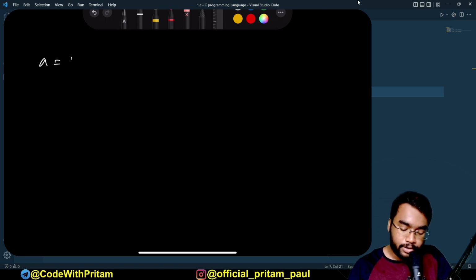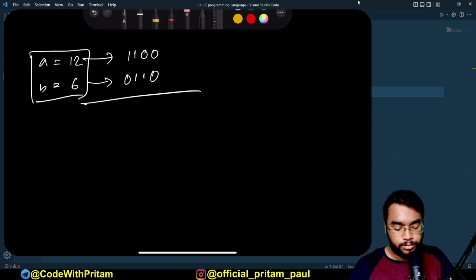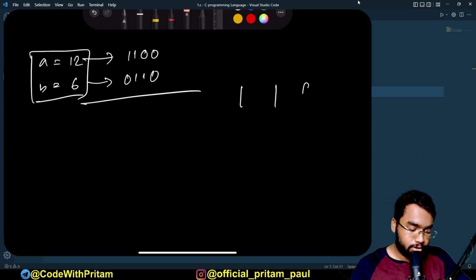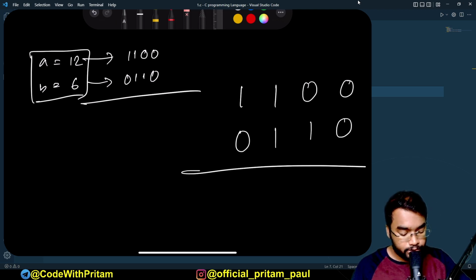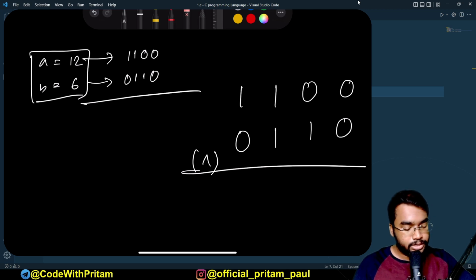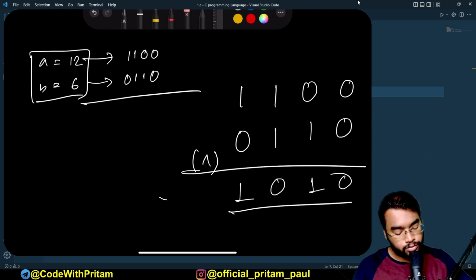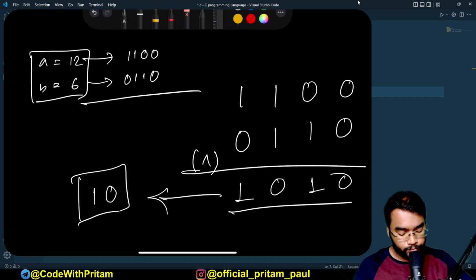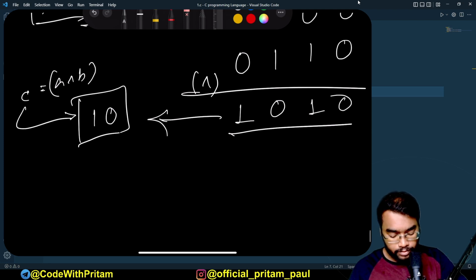Now let's take a equal to 12 and b equal to 6 for example। इसका आएगा कितना, 1 1 0 0, इसका क्या आएगा 0 1 1 0। तो बिटवाइज XOR करेंगे तो कैसे करेंगे, तो 1 1 0 0 और 0 1 1 0, उसका बिटवाइज XOR, सो दिस इज द ऑपरेशन। तो बिटवाइज अलग करेंगे, तो 0 0 आएगा, 0 0 1 आएगा 1 0 1, दैट मीन्स 1 0 1 0 विच इज 10। तो अगर हम लोग c इक्वल टू a बिटवाइज XOR b करेंगे तो c का वैल्यू आएगा 10,